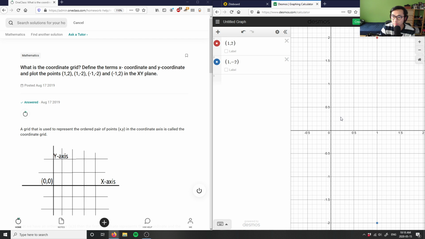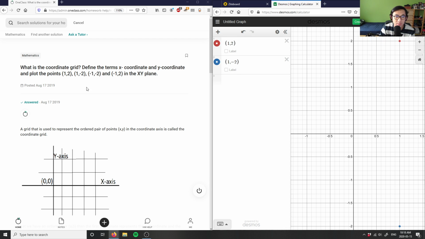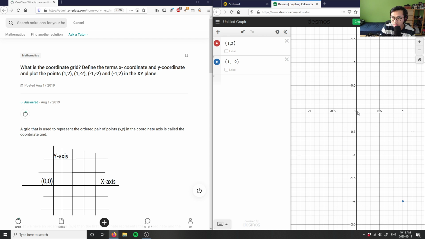Our next point, let me zoom out for a sec here, is going to be -1, -2. So instead of here, I'm going to go towards this left side. This here is the negative part of the x-axis, -1, and then I'm going all the way down to -2 here. So -1, -2, you're going to assume that it's going to go here. So -1, -2, and as you can denote by the green